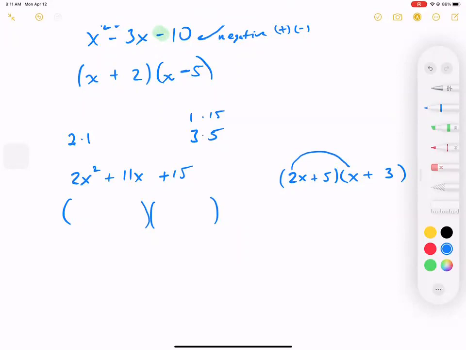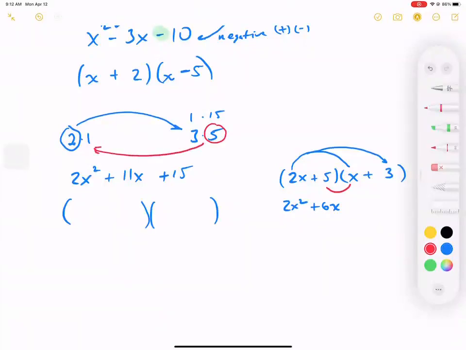So 2 times 1 is 2x squared. And then 2 multiplies the number in the back. So we have to make this 2 multiply a number in the back. So 2 times 3 is 6x. Alright, we're done with the 2. It's 5's turn. 5 times 3. No, 5 times 1 first. See, and look, now 5 is going to multiply